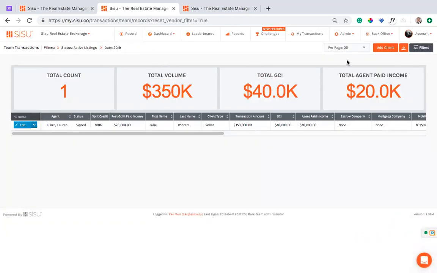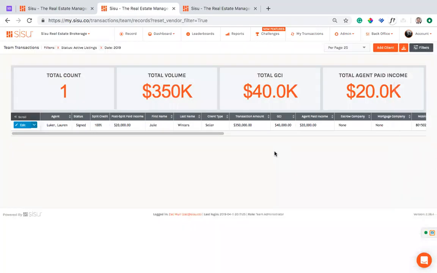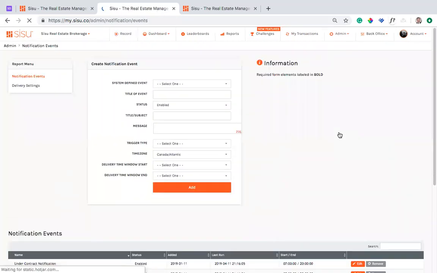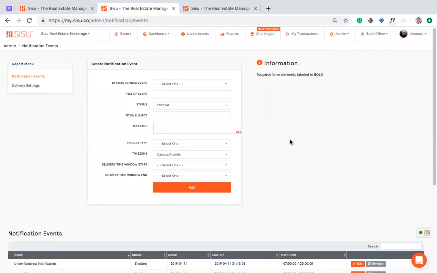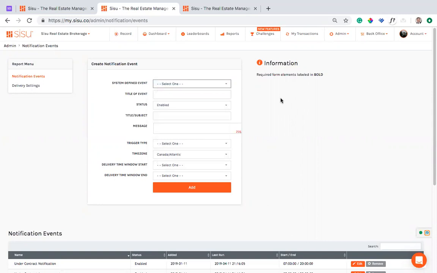So there are some really good ways to filter that data, which can always be found over here, in addition to the reports that I just showed you. As far as other updates, there are a couple of new updates when it comes to notifications, with a couple of new events in here. If you haven't gone in and set up these notifications, this is a really good way to get engagement